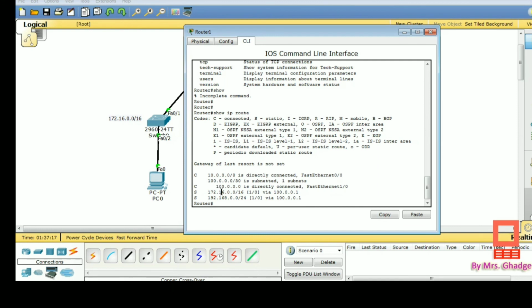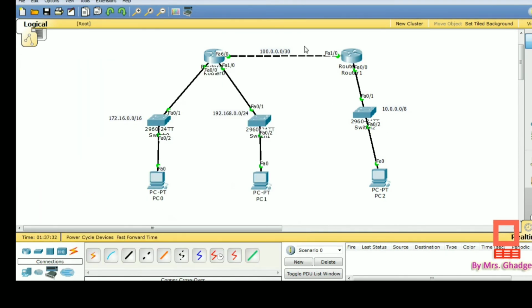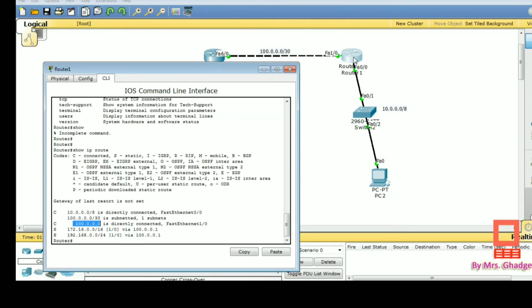Okay, so for the second router, the 10 network and the 100 network. So you can see in the diagram, the rightmost is the 10 network, and for this router 100 is the second network. So these are the two networks which are directly connected, and two static routes are defined.